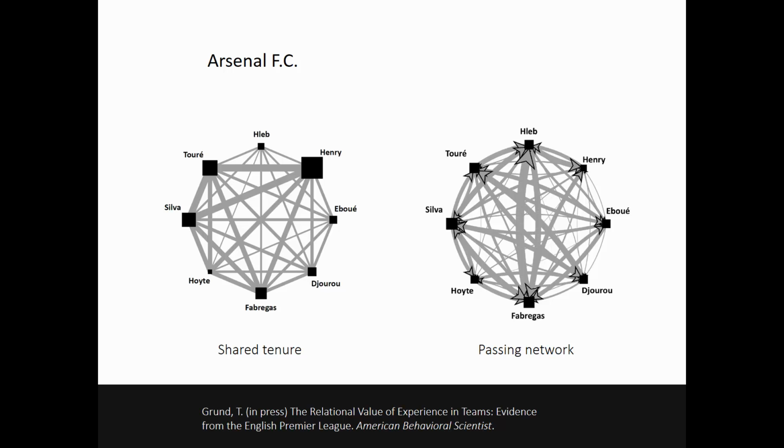So this is the passing network, and before, I had actually established that this network really matters for the performance of teams. When you play in a decentralized way, you're more likely to win. So I basically showed with lots of fancy statistics that tiki-taka style wins. But then the next question is, where do these networks come from, right? Why do some individuals pass the ball more between each other than others?